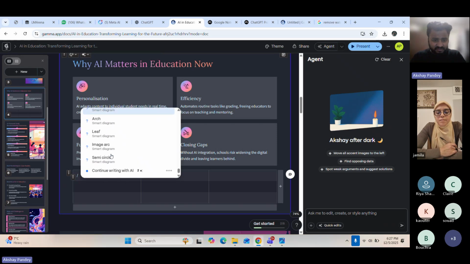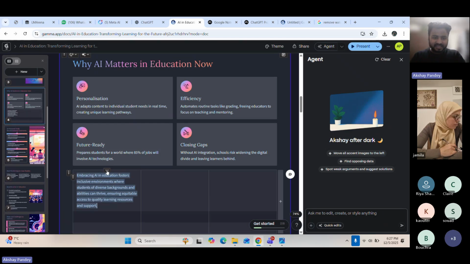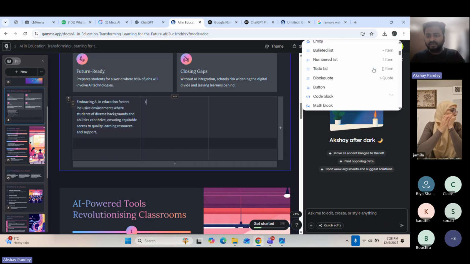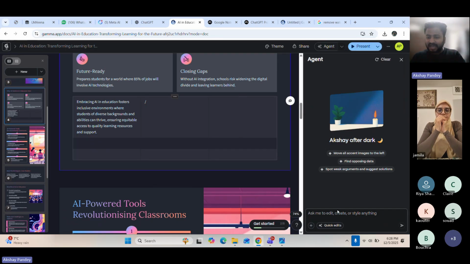Okay, yeah. Continue with AI. So now you can see that it will actually add things. That's what I wanted to show you. If you don't want to do it by yourself, you can do it by clicking continue with AI. It will add content automatically with the AI as well. Otherwise, you can ask the same thing,